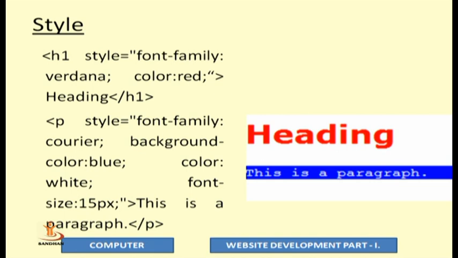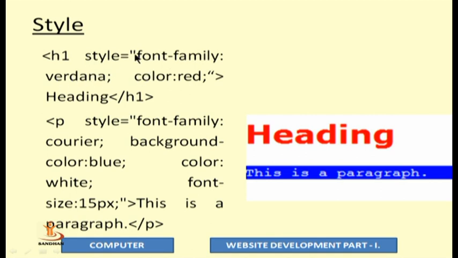In the style attribute, there are so many values which you can define and which result in a different format. Like here, we have set font family with Verdana. That means Verdana is a font and I want my headings to be shown in the Verdana font. So I have specified font-family: Verdana.